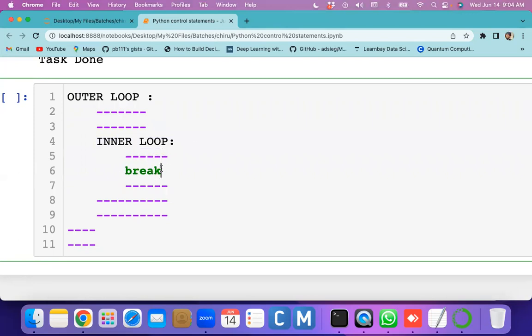After some iterations, break is executed and the internal loop stops. Then this statement is executed and the outer loop continues. Again it enters the internal loop, and first it has to finish the internal loop, and once that is finished, it goes for the outer loop. Clear?